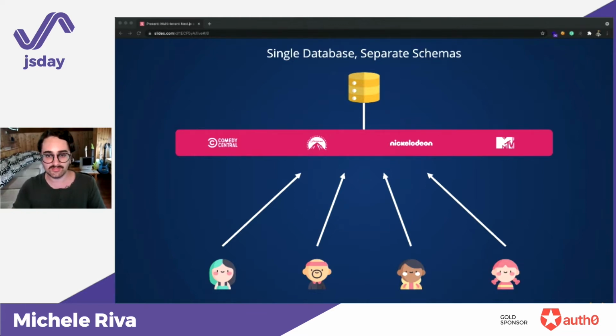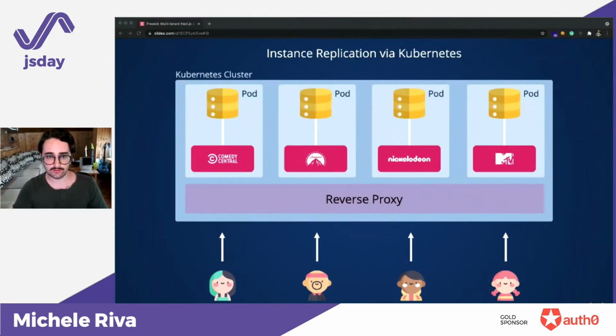We have one big web server taking all the incoming requests, and depending on the host name that is making the request, we'll be taking the data and rendering the pages conditionally. There's also another approach, which is a bit more modern, and it's instance replication via Kubernetes, Swarm, or any other orchestrator. At this point, we will have a Kubernetes cluster with a reverse proxy, and then we will have a